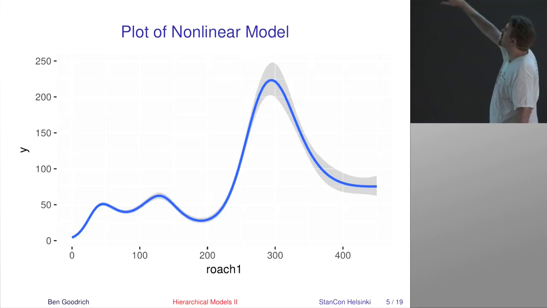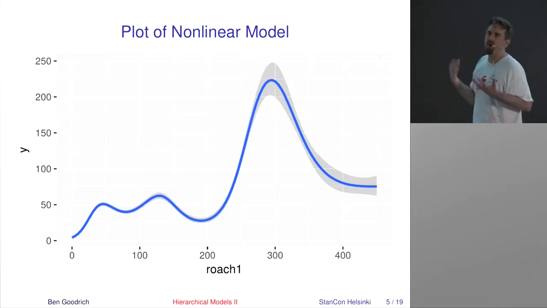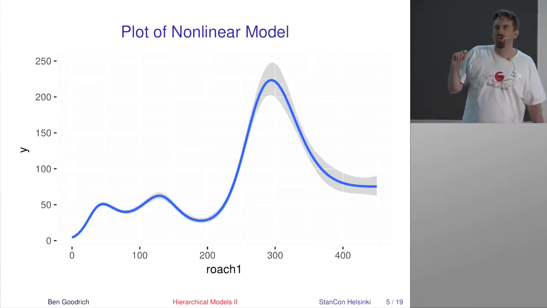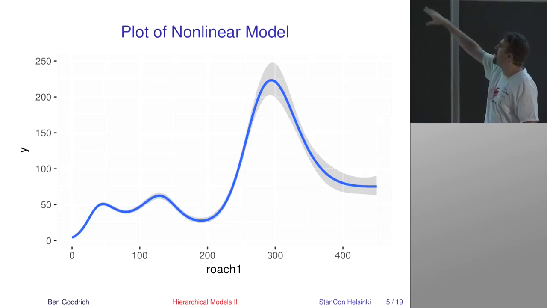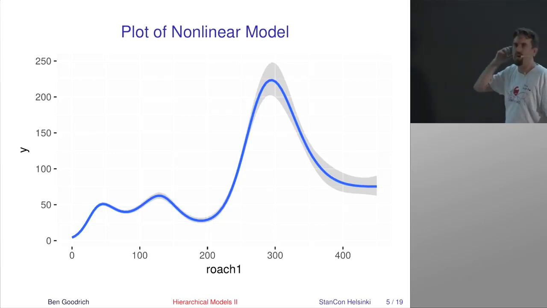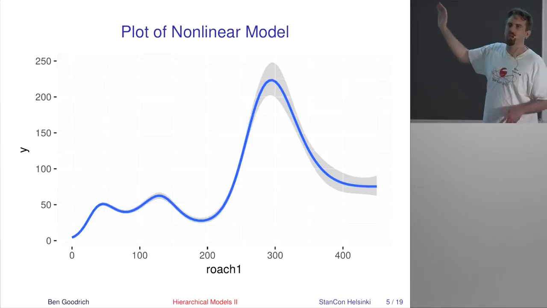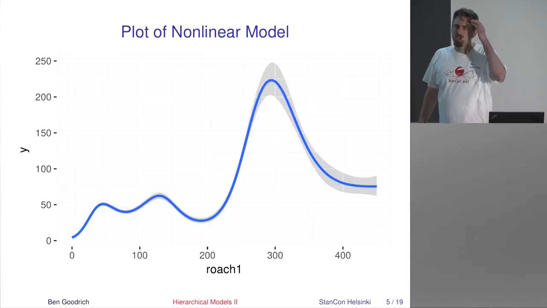For some of these, in the data, sometimes you don't have a whole lot of data points to be estimating the curvature of this function, and it's going to be reflected in wider intervals around 400 than 200 or 300, which is, I guess, a more conventional number for roaches in the buildings where this study was done. And so this is